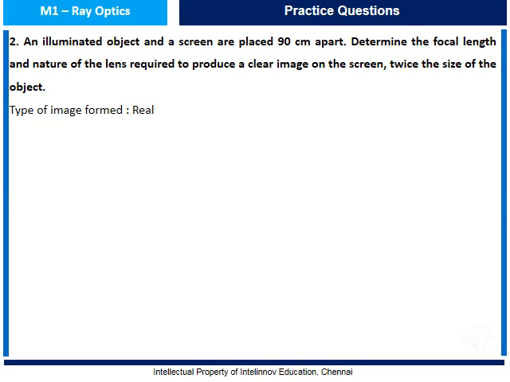Now, let the object be placed at a distance x from the lens. That is, let the lens be placed between the screen and the object, and the distance between lens and object be x. Thus, the image distance v is equal to 90 minus x. And we know the object distance is minus x, because we are going to measure this distance from the left side of the lens. Now, magnification, we know, is v by u.